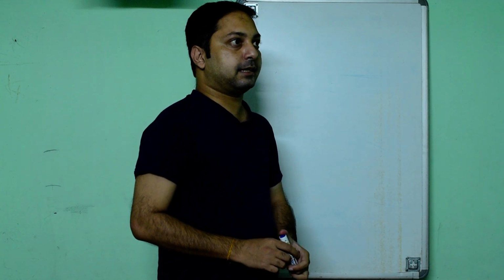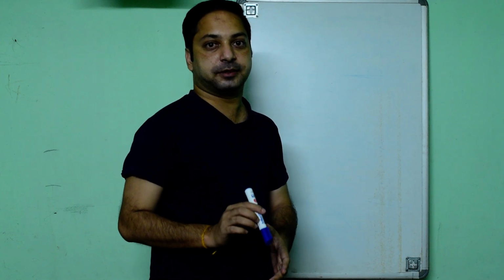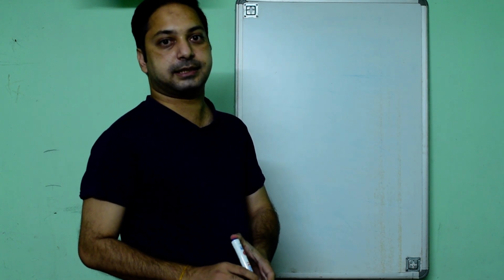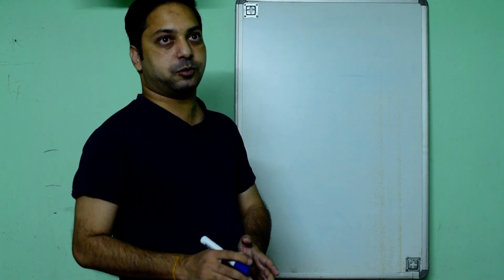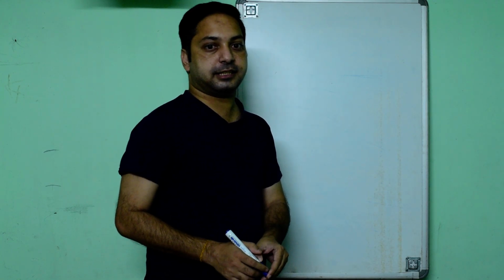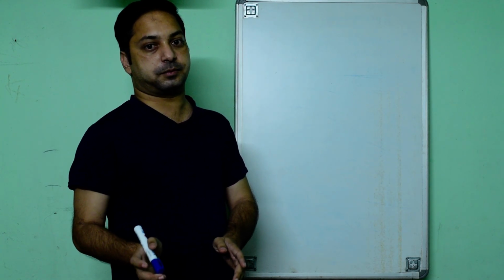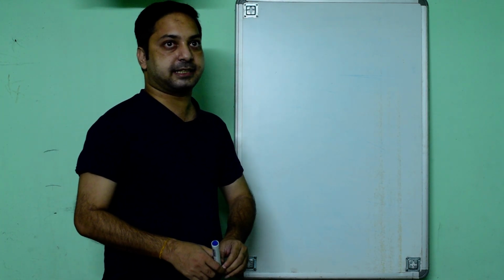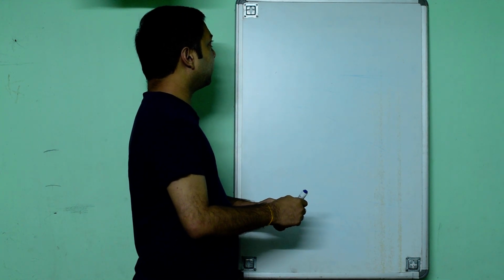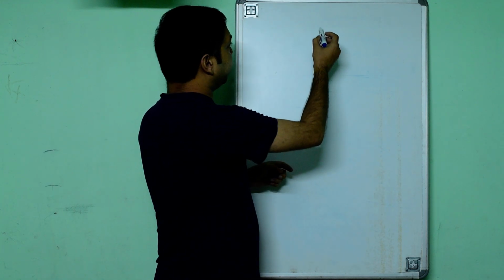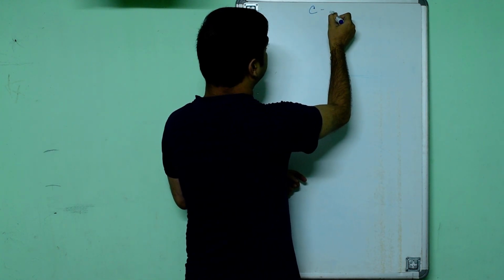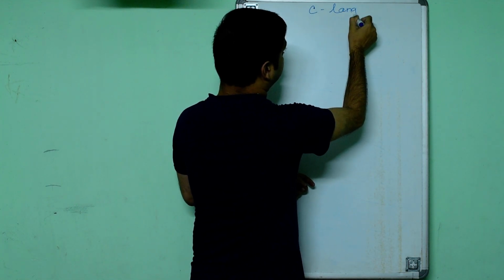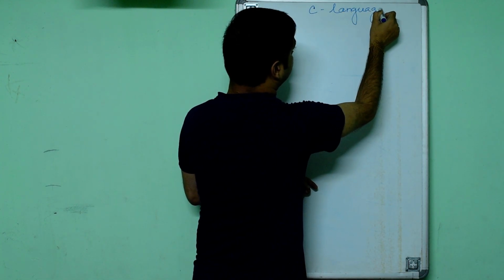So in today's class I will explain the difference between the simple English language and C language, as both are languages. Language is basically used for communication purposes. When we want to talk with somebody, exchange our ideas, or share our thoughts, we take the help of a language. Similarly, when you want to communicate with a computer, we take the help of C language.